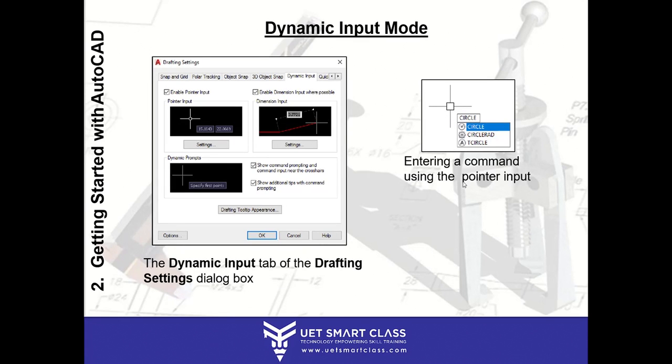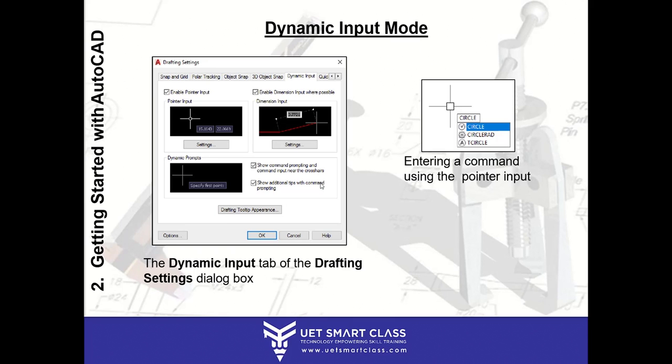It will be displayed near the cursor, and it will also have a drop-down menu arrow from where you can select different options. Basically, it shows that there are other options as well. When you select this checkbox, the dynamic input gives you different tips. Like I said, specify first point.